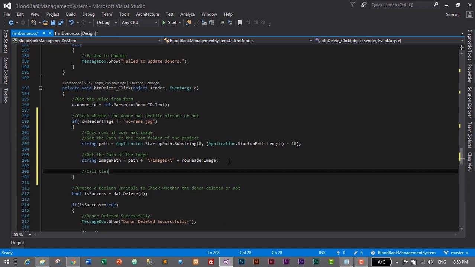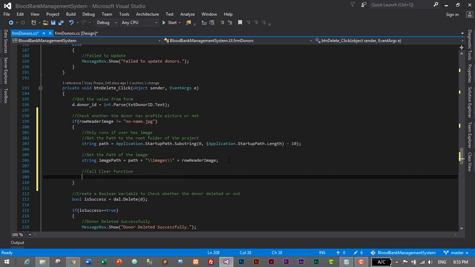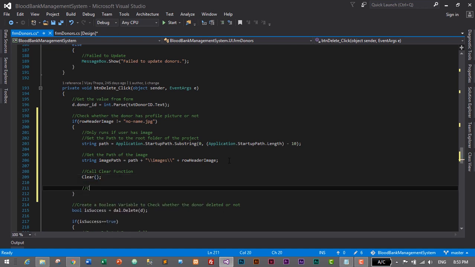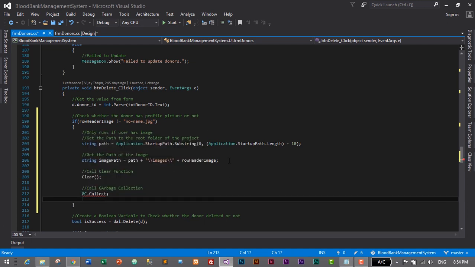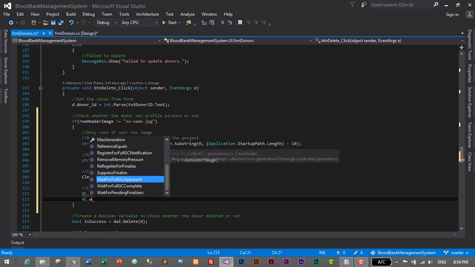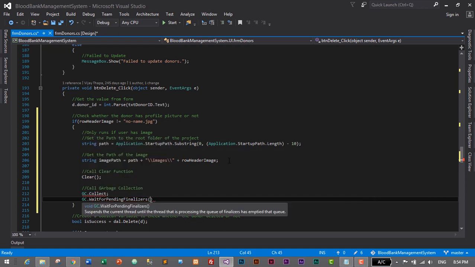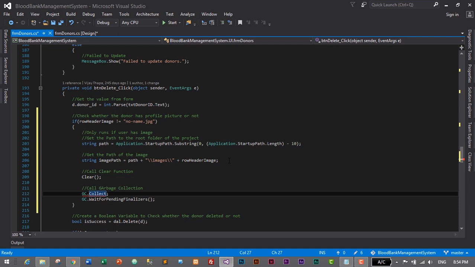Then we will call the clear function. So clear, and then call garbage collection. I missed C here, so it will be gc.collect, and then gc.wait for pending finalizers. I missed the parenthesis up here. That's it. And finally